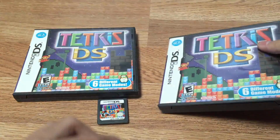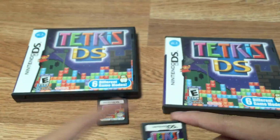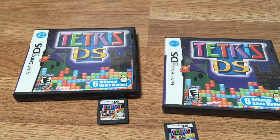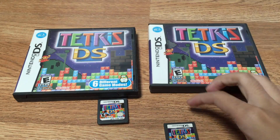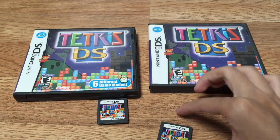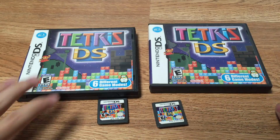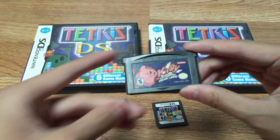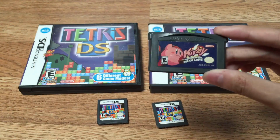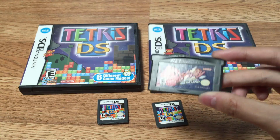Then I would take the cartridge out and give you a nice up-close look at it, so you could see the numbers distinctly and whether I'm selling an official copy of Tetris DS or not, because this game seems to be very common in terms of bootleg DS games. So, what happens if you want to buy a copy of Kirby Nightmare in Dreamland, and it seems to be a bit beat up from use,